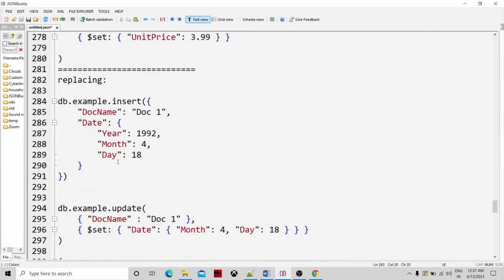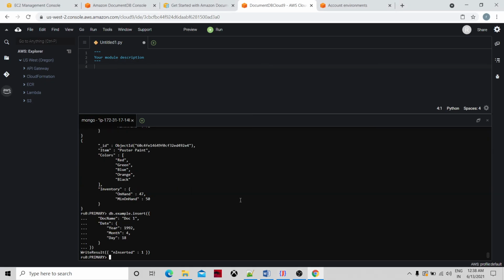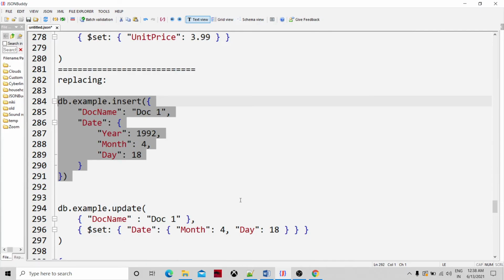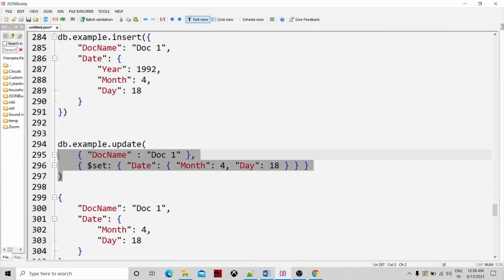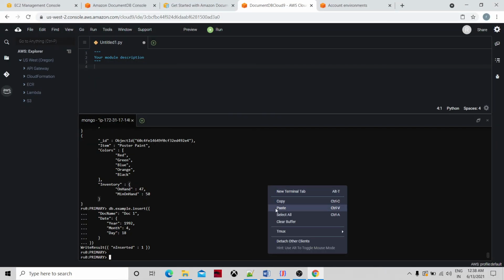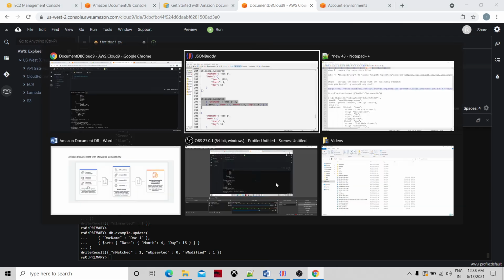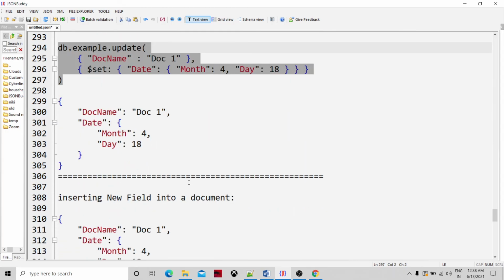Maybe if we try to insert this document. Try this command as well. So this has been inserted, and then I need to update. Let me test it, update.